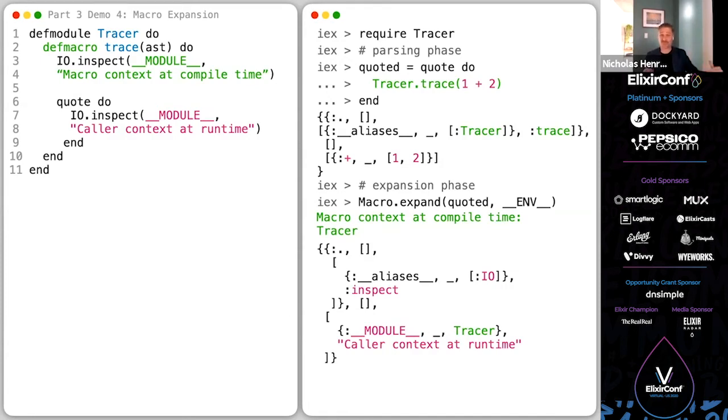So that was invoked, but also you can see with the color coding here that we have our IO.inspect and the caller context at runtime string that we want to output at runtime. So we can see our initial AST with the trace macro, and then when we expand that, you can see the generated AST, our generated code.